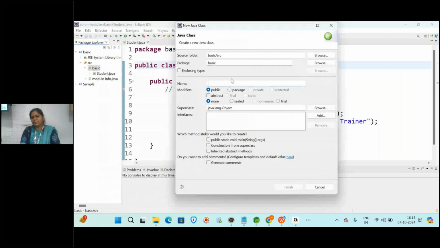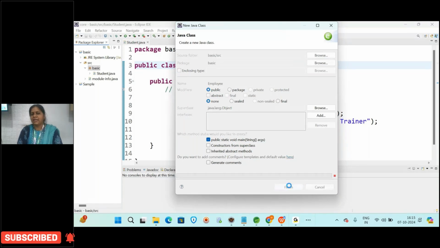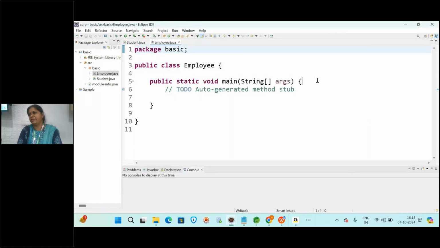Now I'm going to write one on employee, because we have already created one on student. So let us create an Employee class. I want the predefined main method, so you can select public static void main. It will create the structure with the class name and the main method. Now inside this, let us write the code.